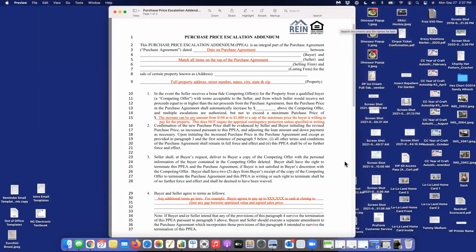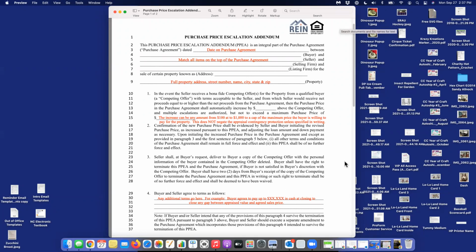For example, the property is listed at, let's say, $120,000. The buyer is going to offer $125,000, but then they're going to add this purchase price escalation addendum to their $125,000 offer. And they're going to say that they will increase that offer amount by $500, for example, above the highest competing offer, and that they can continue that $500 increase up to a cap of, let's say,